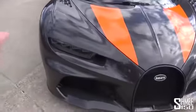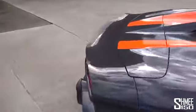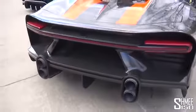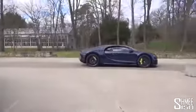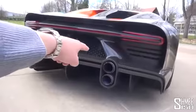For example, the air curtains to control airflow around the sides, but the biggest changes are towards the rear. An extended rear to streamline airflow that comes over the back. A new look as well to the exhaust, like the 110-10, as a Chiron rolls on by. Very nice. Like the 110-10 then with those exhausts, but look at the way that diffuser comes up so early